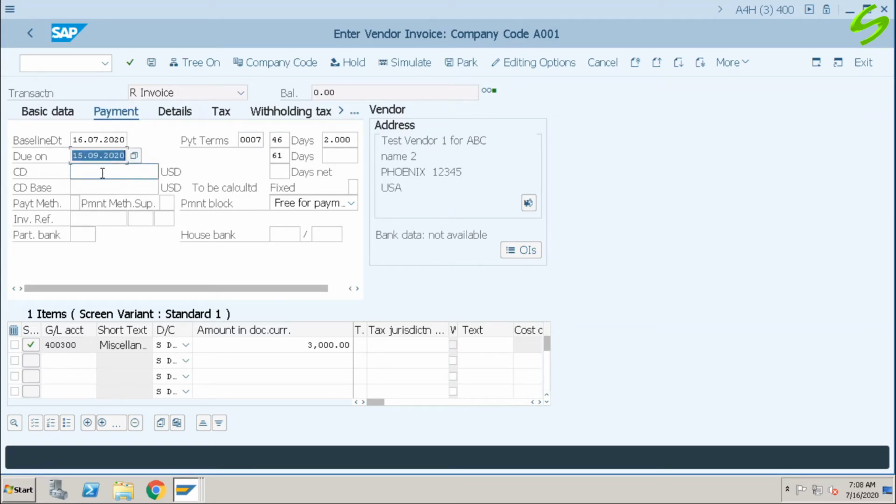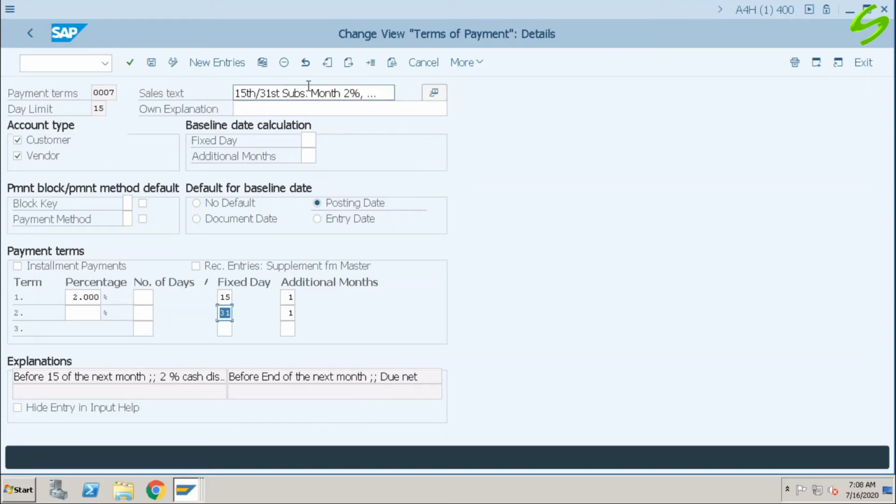Now you can see it has got changed from 31st August to 15th of September. Let's go to the next segment. Since the baseline date is falling after 15 and before 31, the due date is calculated as per this segment. 15th of additional 2 months, that is August, September.